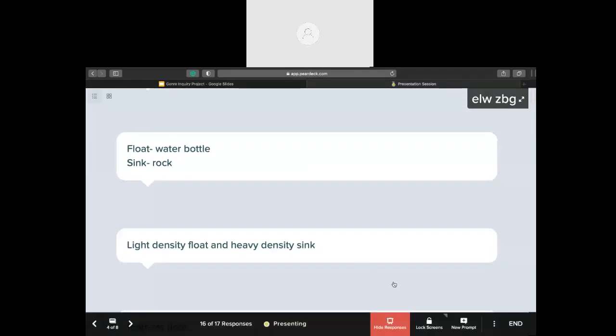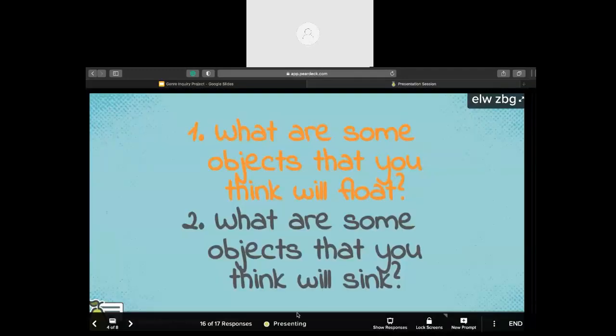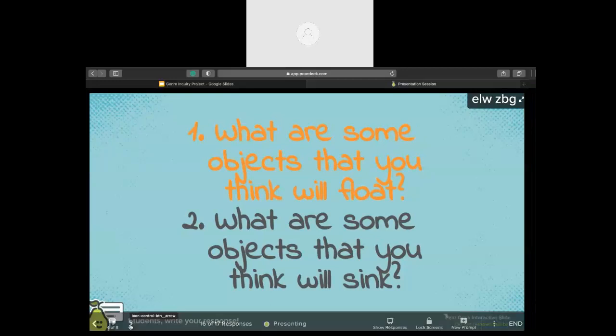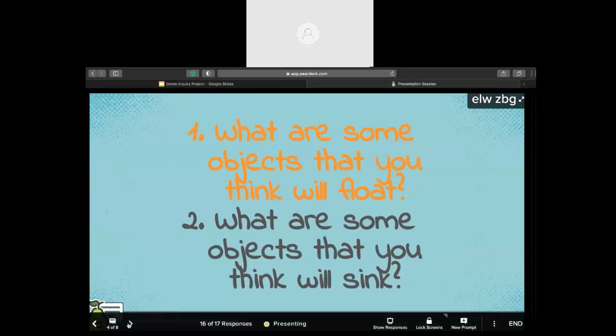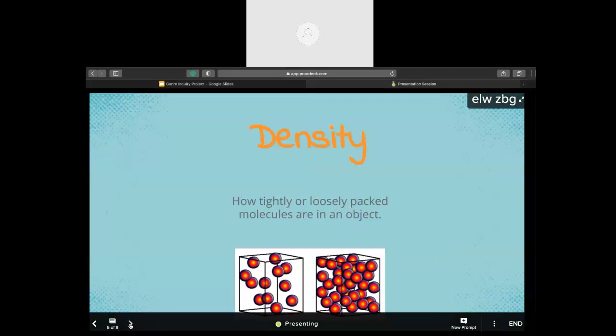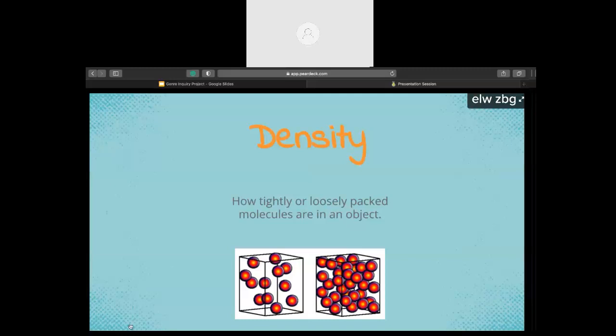Before we go over the vocabulary, there were a few scientists in here who went over the vocabulary with me yesterday and received the worksheet. If you have that vocabulary worksheet, you can go ahead and pull that out so you can follow along with us. The first vocabulary word that we are going to go over is density. We're going to make a fist with both hands, bring them together, spread them apart, and say density. Density. Great job. So density is how tightly or loosely packed molecules are in an object.